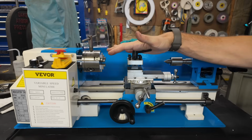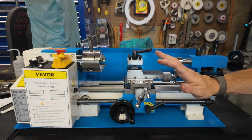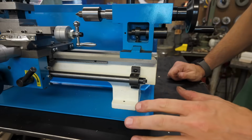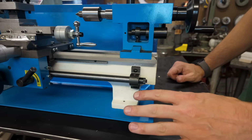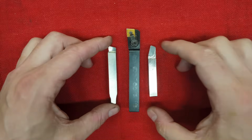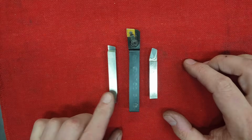All right, this thing is now rock solid. I mean, it ain't going nowhere, which is exactly what you want. So we are ready to start cutting some metal, which means it's time for a very, very brief conversation about